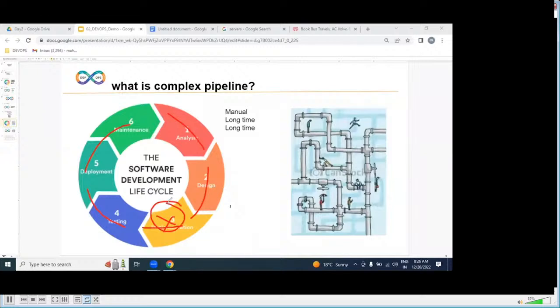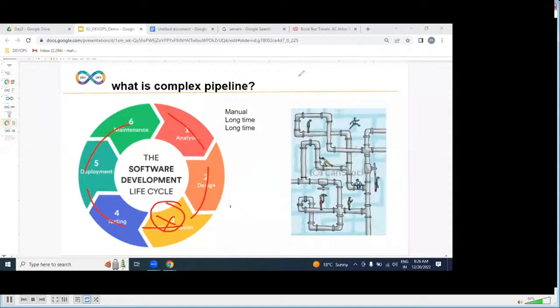how difficult is it to identify this? Due to the manual process, if you get any issue, can you easily identify it? No one can. Experts are required here. If you are hiring experts for this process, definitely we need to pay more salary. That means the cost is increasing. Are we going to deliver on time? No, we can't. That means the quality is decreased.